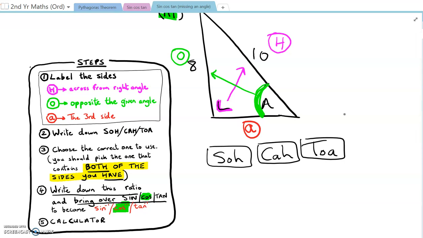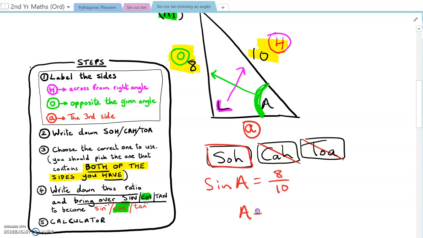What's next? Pick the one that contains both of the sides that I have. Which sides do I have? I have H and I have O. So I've got to pick the trigonometric ratio that has O and H in it. Can you see which one it is? Not that one, that has A and H. Not that one. Here we go, O and H. So the sine of A is equal to O over H,